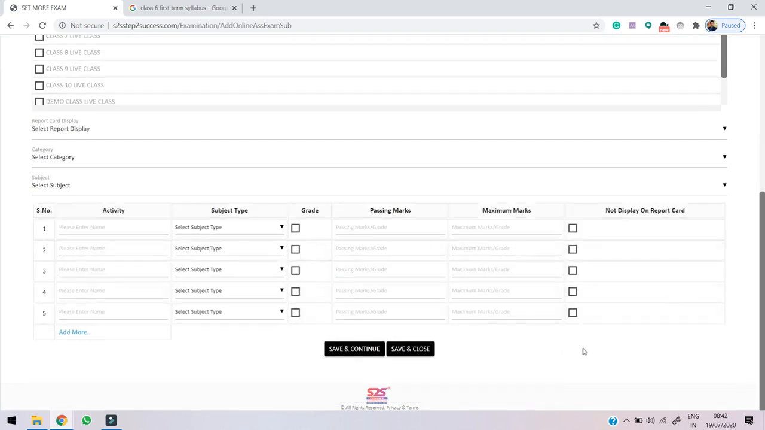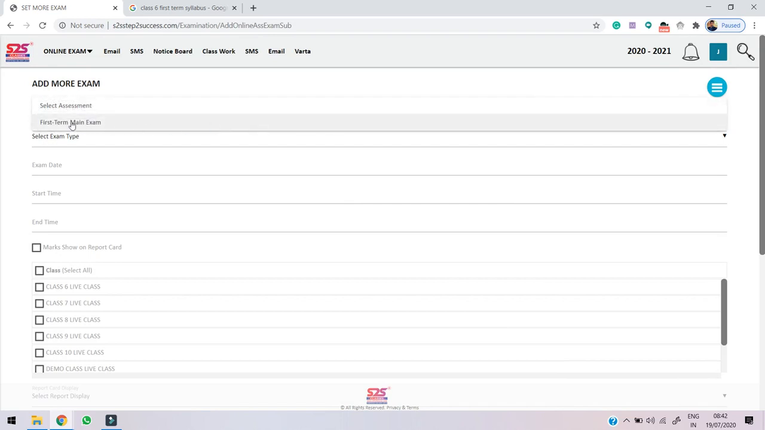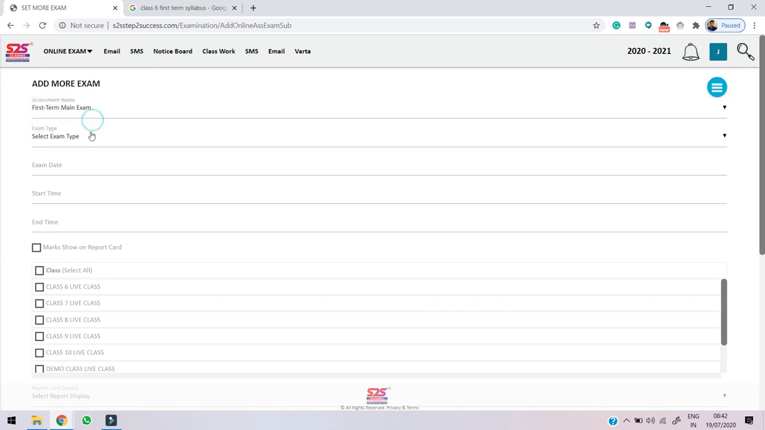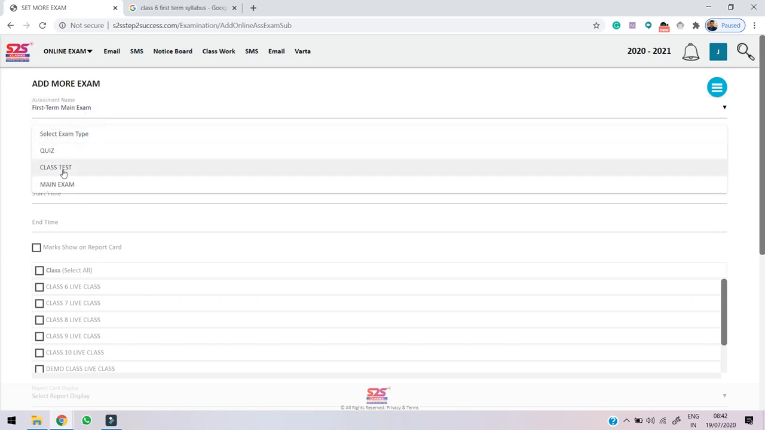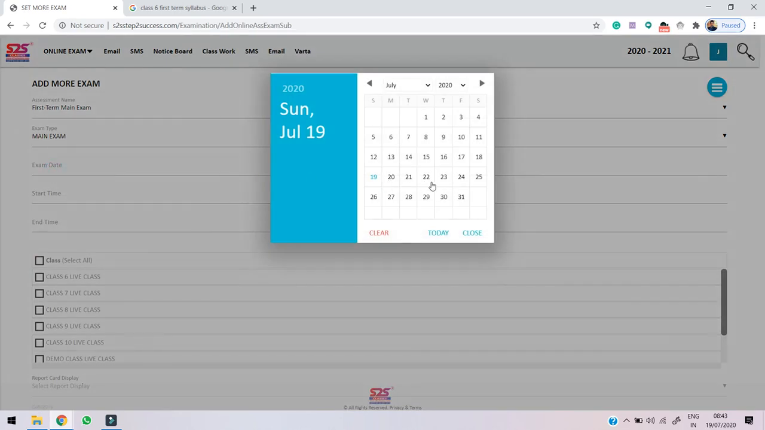Okay, so a form will get opened here, so you can see there is a form. Now under this form, the first thing that we have to do is select assessment. Okay, so that will be already created from the admin panel. Your administration will already create this part, so you just have to select this, first term, main exam. Then the exam type will be already created, so let's suppose this is your main exam, so let's select this. Then you have to give the exam date, so suppose the test is on 23,